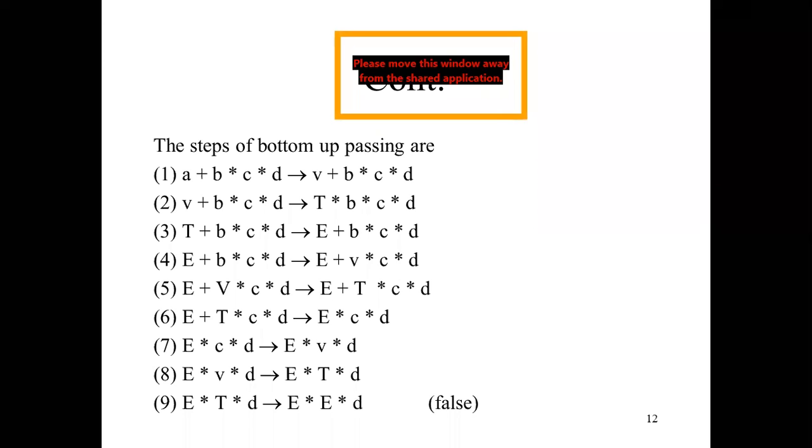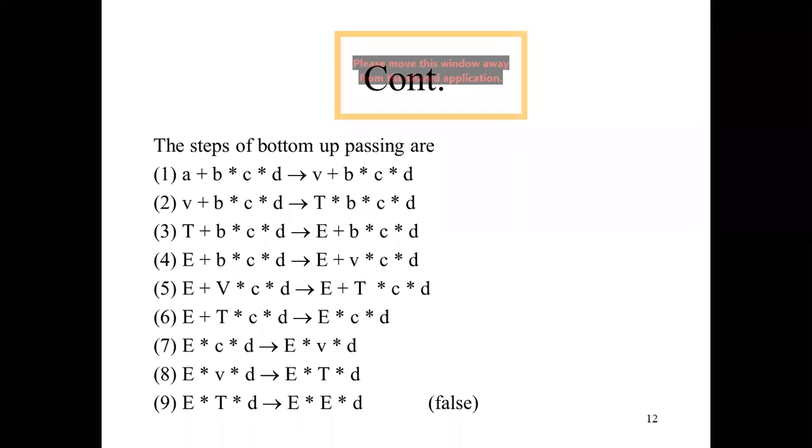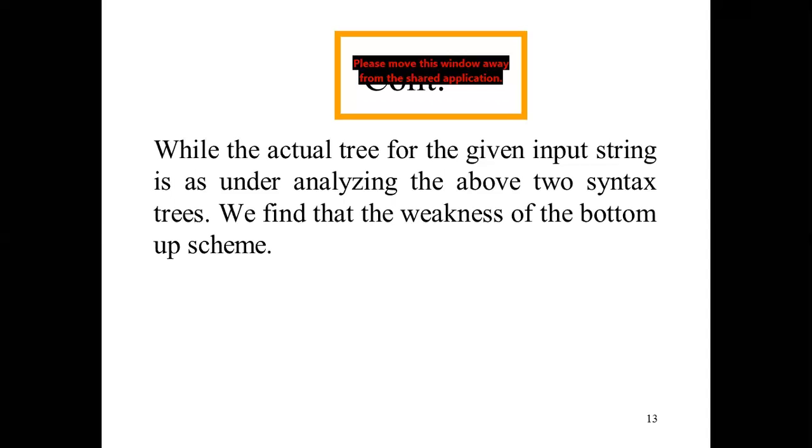You are trying to get the output even though you are using the mentioned grammar and following the input string, because you have already started from the input string, but you are unable to achieve the proper output. What is the proper output? It is capital E. What you must get at the end is only capital E. So this is called the premature reduction because you are unable to achieve your answer. Okay, I think you have understood already.